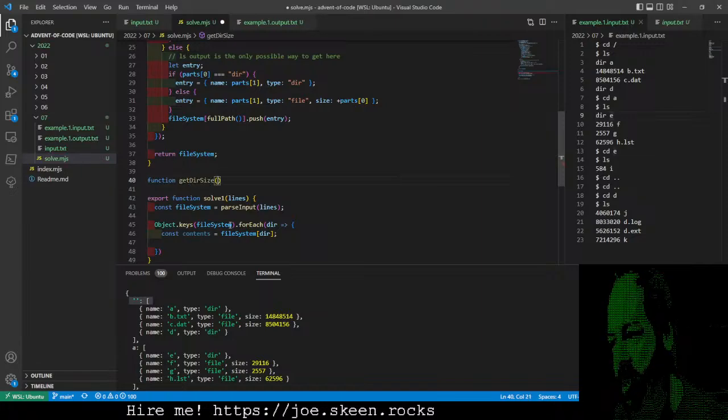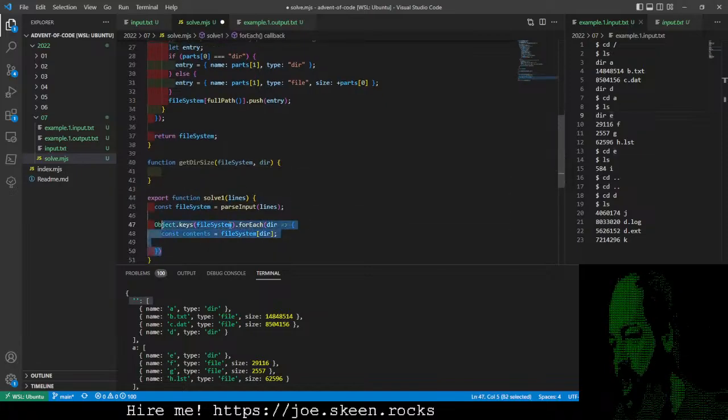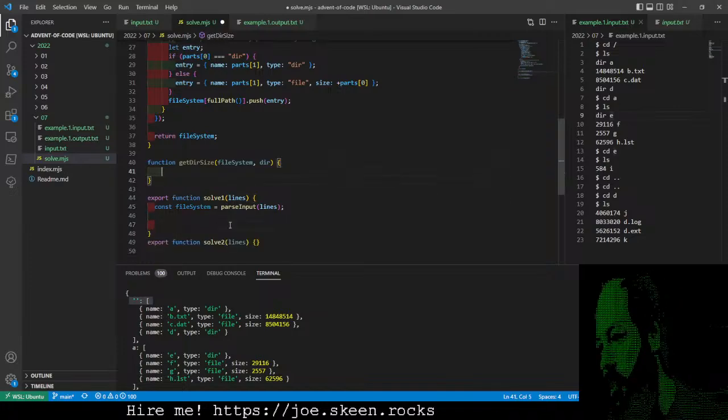We'll pass in the file system, and we will pass in a directory, which is going to be the name of the directory. Okay, so if we do that, then we can say const dirContents equals fileSystem at dir,